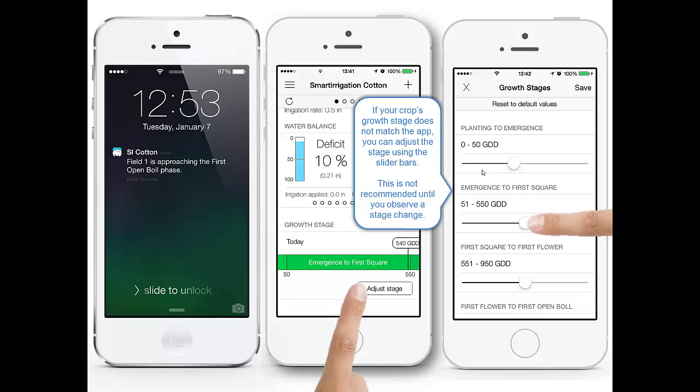The app also pushes notifications to you when the crop is changing growth stages. So you can see a notification on the left side of the screen. It's telling you that you've reached a growth stage change. If you observe that that is not happening in your field, or that your cotton is changing phases faster than the notifications are telling you, you can adjust the stage by tapping this button here, which takes you to this